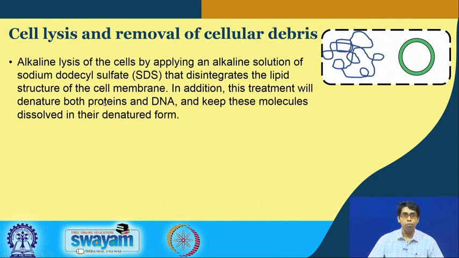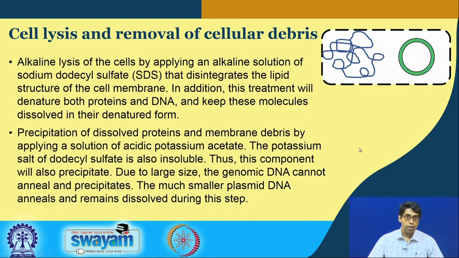SDS will denature both proteins and DNA through hydrophobic interactions. The high pH of the lysis buffer disrupts the formation of any hydrogen bond. So, the double stranded DNA will also get denatured because of the disruption of the hydrogen bonds. The presence of RNase A will chew up all the RNA that is present in the solution, thereby converting it into very small fragments or monomeric nucleotides. So, at this point we have a mixture of all these things in the solution. We have denatured genomic DNA, denatured plasmid DNA, and denatured protein.